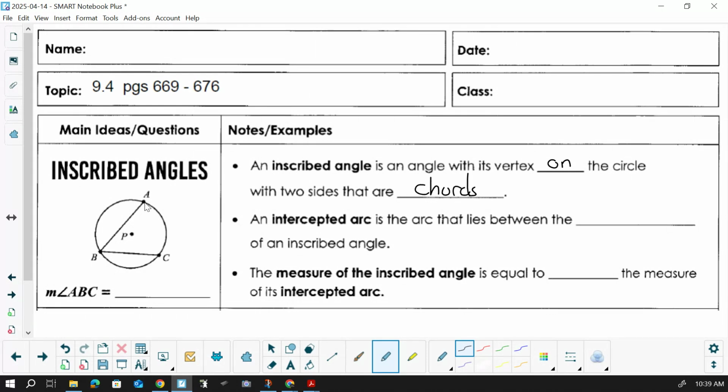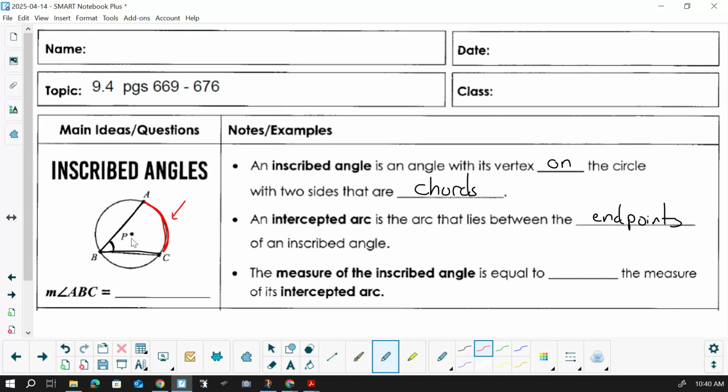So you can see an inscribed angle right here. This angle, right? Notice it's not at the center, it's at the circle itself. So this is called an inscribed angle. An intercepted arc is the arc that lies between the end points of the inscribed angle. So the intercepted arc is right here. This arc